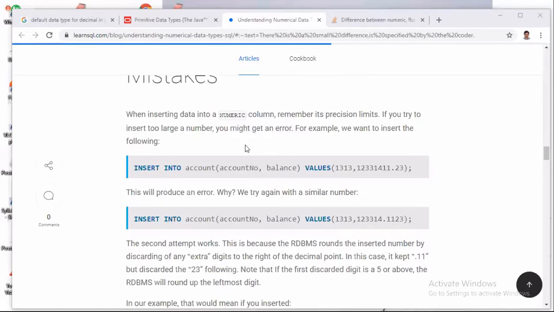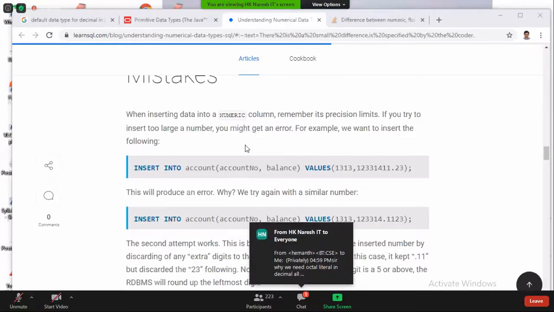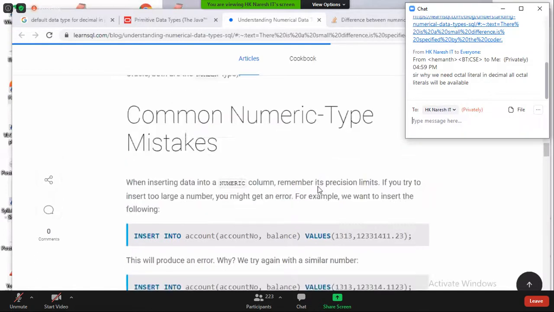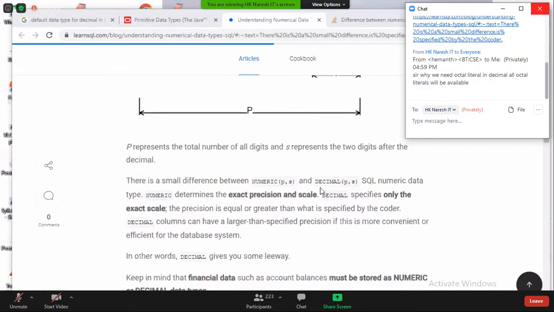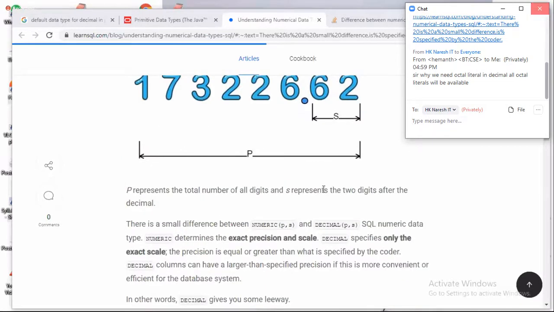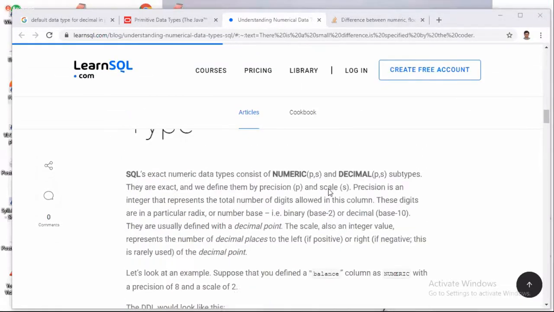Some questions cannot be answered, Mr. Hemanath. Can anybody answer this question? Sir, why do we need octal literals when decimal is available? Why do you eat tiffin when lunch is available? Why do you eat snacks when food is available, when rice is available?